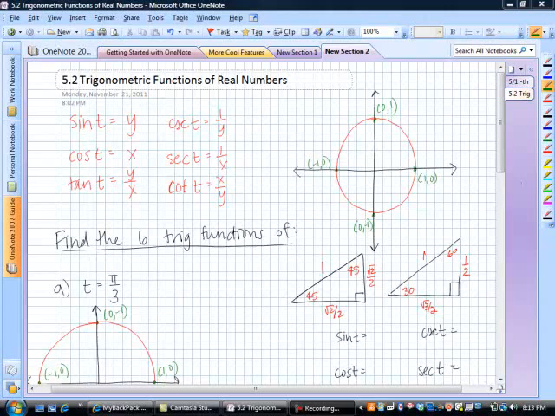Okay, today we're going to be looking at section 5.2, trigonometric functions of real numbers. And what we're going to be doing today is actually introducing the 6 trig functions that you're going to be working with over the next couple of chapters. Those 6 trig functions are sine, cosine, and tangent, which are the 3 functions that you've hopefully already heard of. Then their reciprocals, the reciprocal of sine being cosecant, the reciprocal of cosine being secant, and the reciprocal of tangent